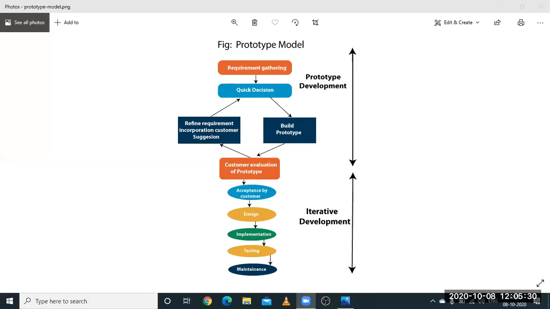So we will start with the brief notes on the prototype modeling, which have been discussed in the last class. So in prototyping model, first requirements gathering will be done. Initial requirements gathering. Based on that,